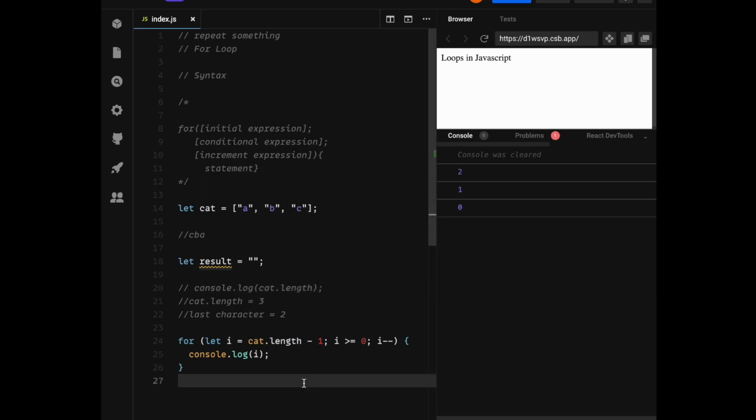Okay, so what we are getting is cat.length - 1. Initially the value of i is 2, and our condition is that if i is 2, and 2 is greater than or equal to 0, then it is true. It is greater than or equal to 0, so it went inside. And i--, so we want to decrease the value of i. Now that we have the index value 2, 1, 0, what we will do is write,